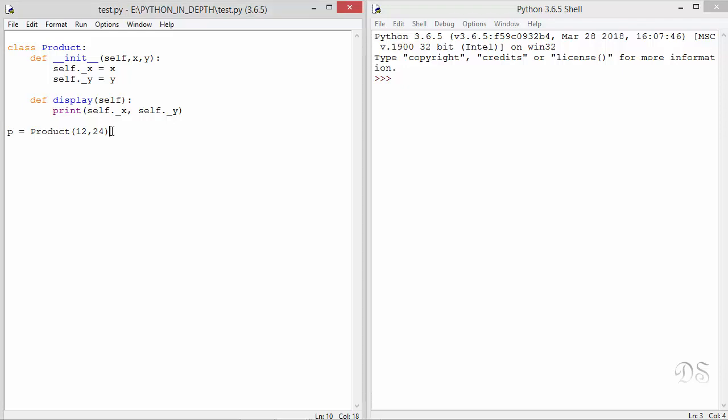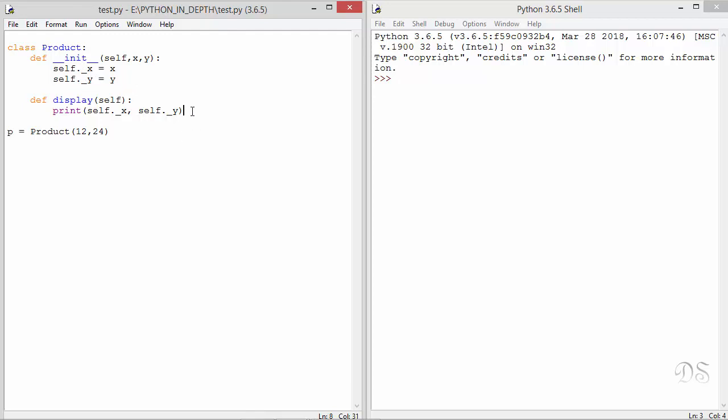In this lecture, we'll see how to define a property and why we need to define one. When we define a property, we add a new attribute to the class. First, let us see the syntax with the help of an example. We have this class where we have these two instance variables and this method display.